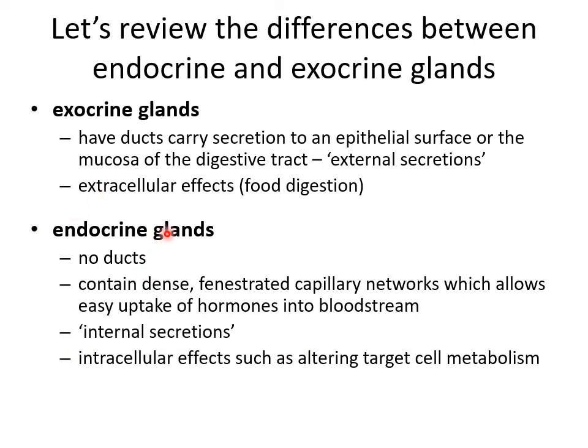Endocrine glands don't have ducts. Endocrine glands instead are secreting their chemical products directly into the bloodstream. So instead of a duct network, they have a very strong blood supply, a very good network of capillaries that they introduce the compound they're producing to the blood through. So these are considered internal secretions. And the secretions are carried away from the glands through the bloodstream and distributed throughout the body until the hormones reach their target areas.